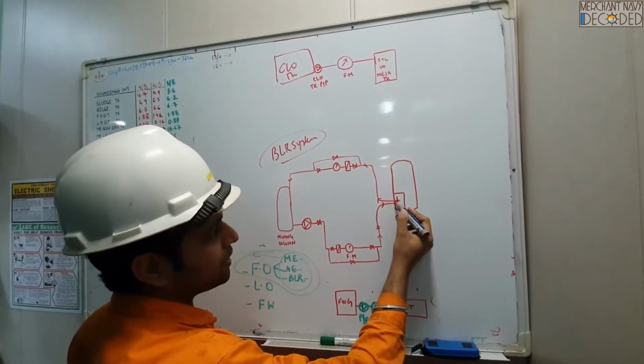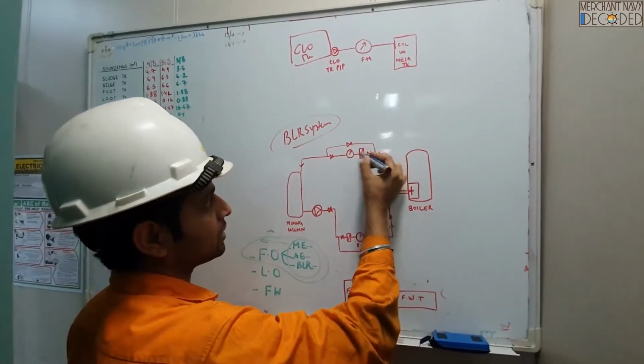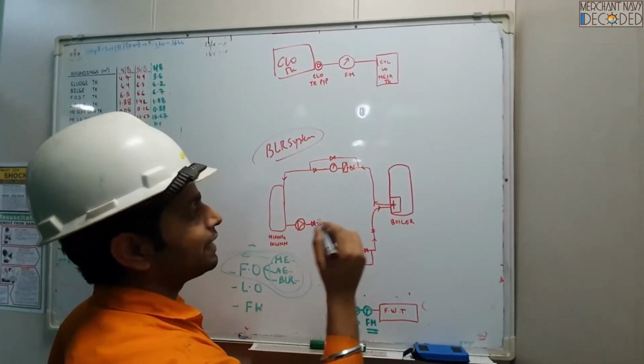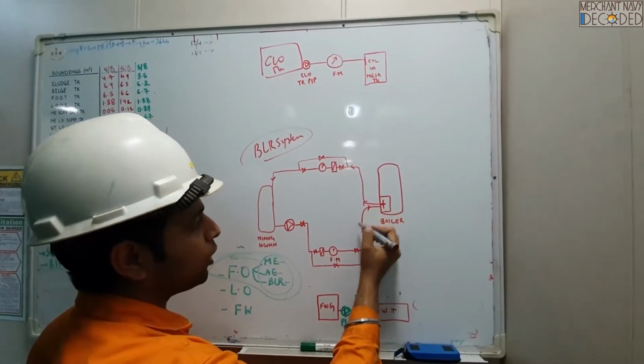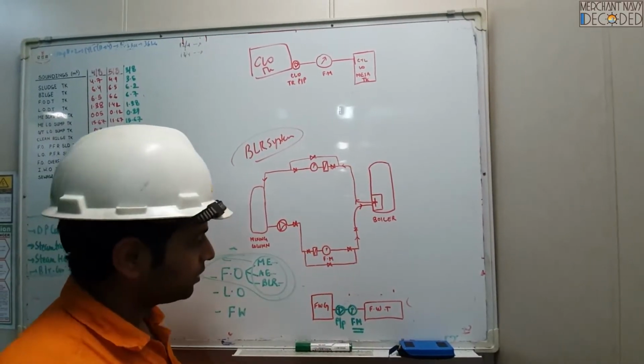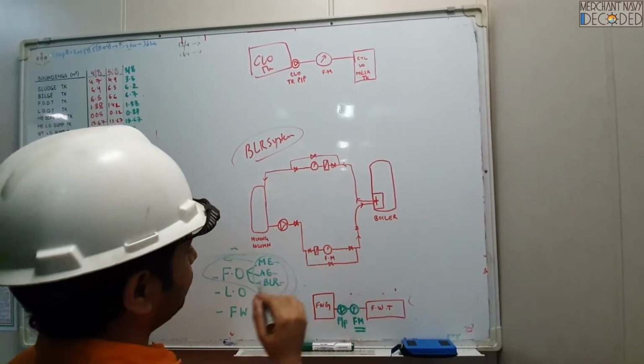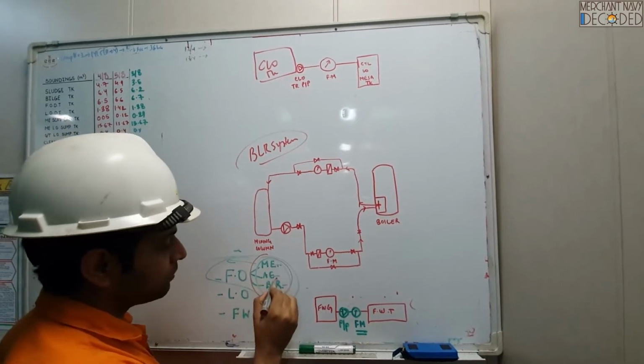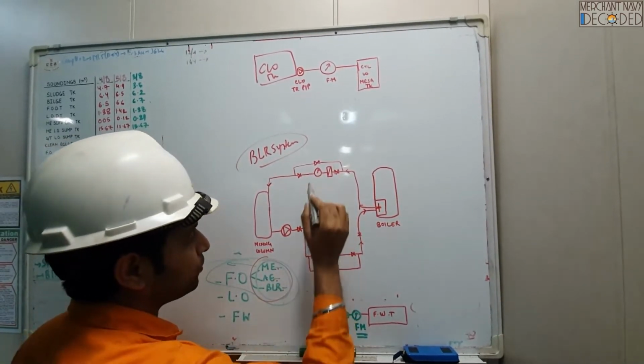Now if the boiler is firing, a little bit of oil is getting consumed, and the rest is coming back over here. If the boiler is not firing, then all the oil that is going from over here is returning back to the mixing column. Fine. Now normally in fuel oil systems, generally in main engine, generator and boiler, there is always a filter fitted before the flow meter.